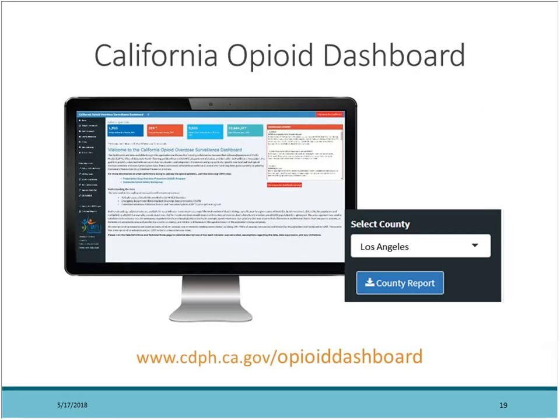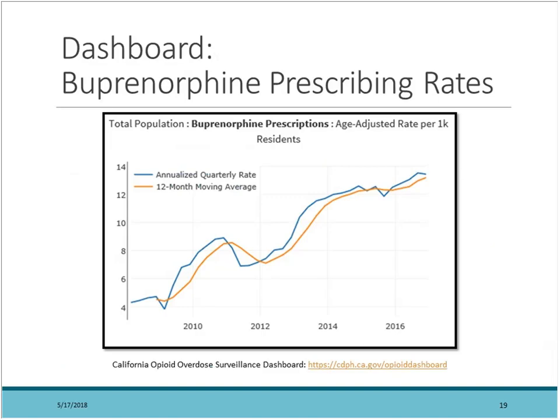This is just to remind everyone, we're on the opioid dashboard. We're seeking to be data-driven and evidence-based in our approaches, both to inform our strategies and to monitor our progress. And to plug every chance I get, the use of the California opioid dashboard, one of the indicators on the dashboard that's helpful to your efforts in terms of evaluating progress relative to MAT is the buprenorphine prescribing rates that